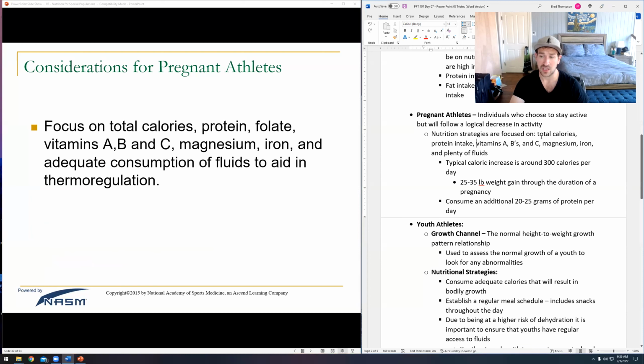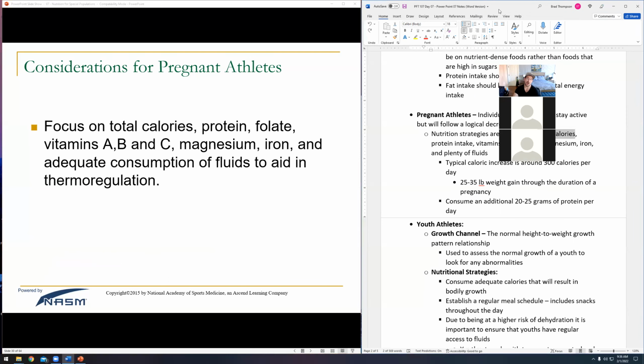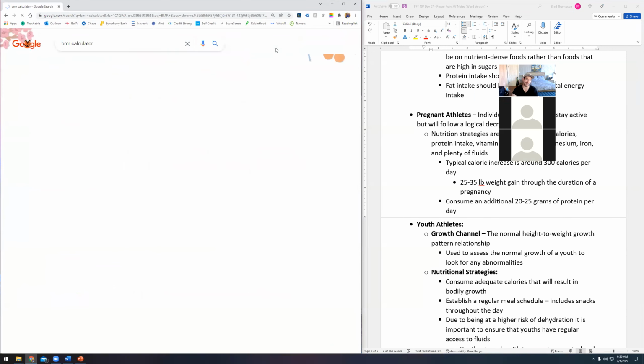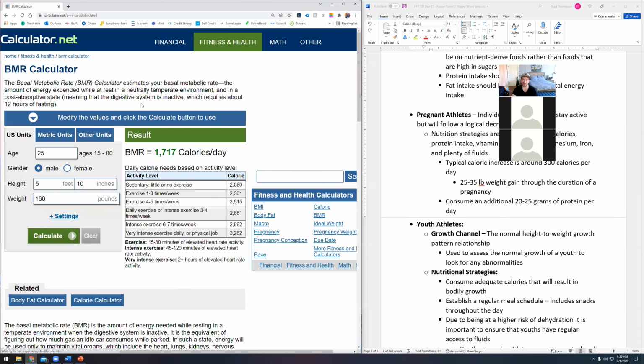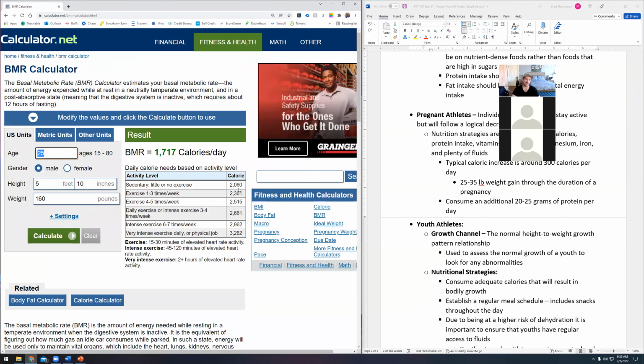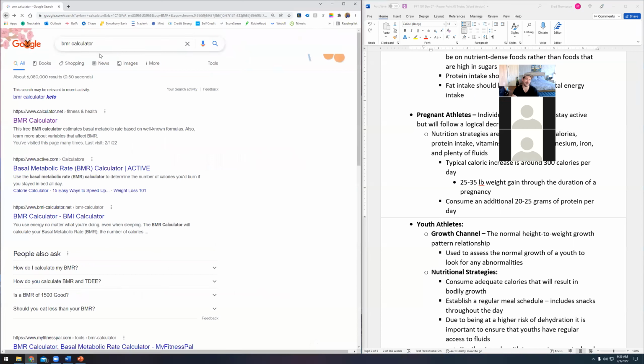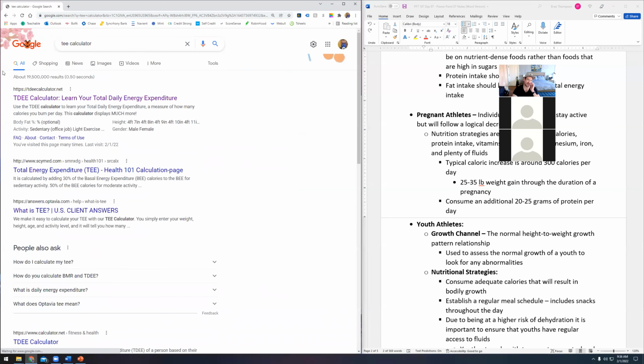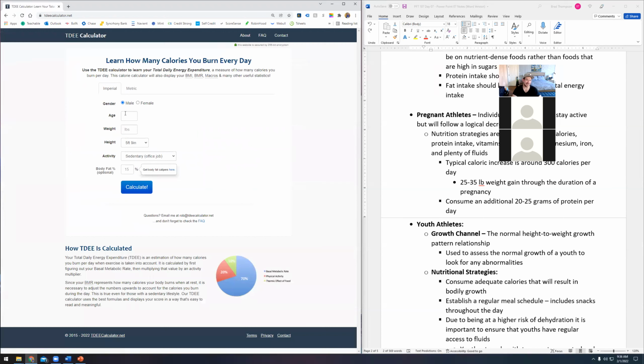Big ones that we're going to focus on. We are going to increase total calories, not by as much as you would think. It's basically, look at the BMR calculator. Let's see if this actually works. Most BMR calculators have it built in where if the body weight is too low. Let's say somebody is, okay, so the minimum age here is 15. Let's see if I can find one. I need to find a calculator that doesn't care.